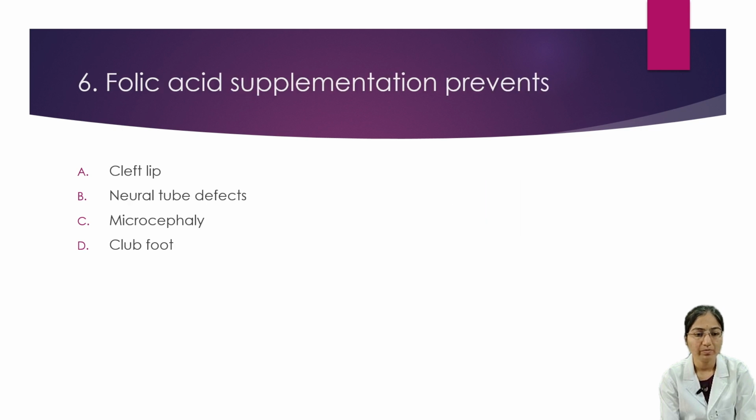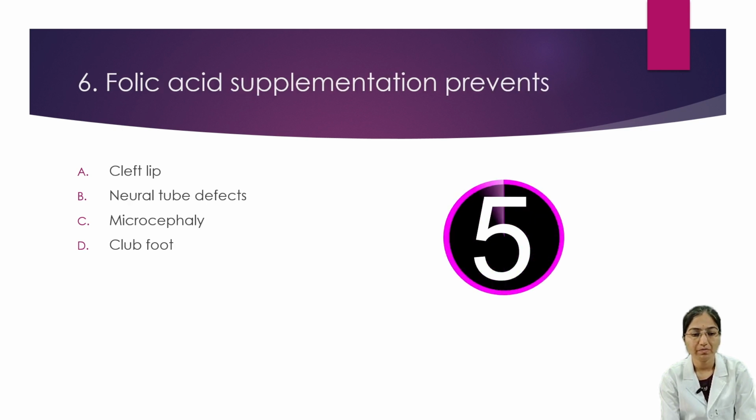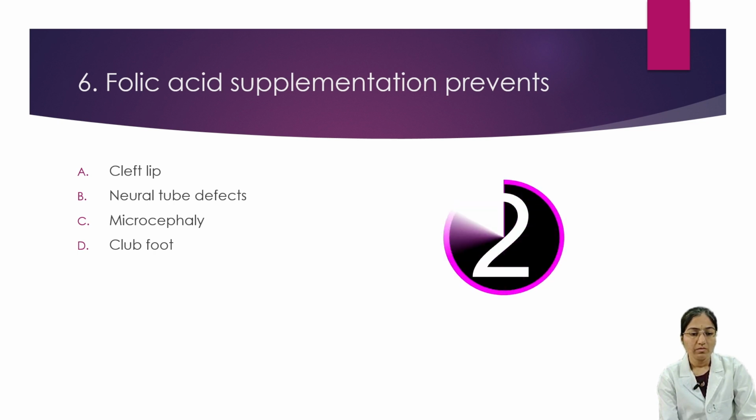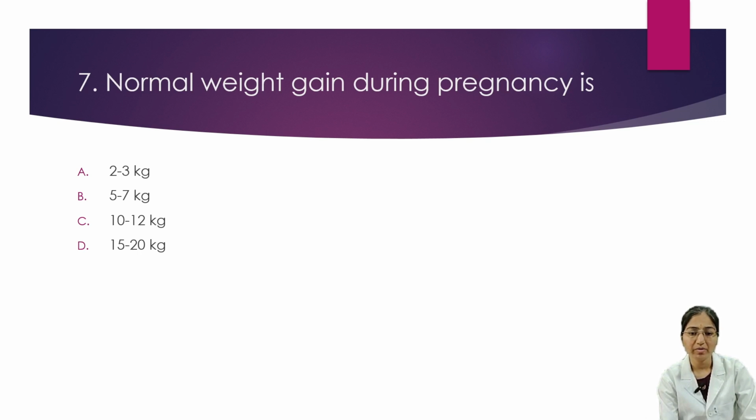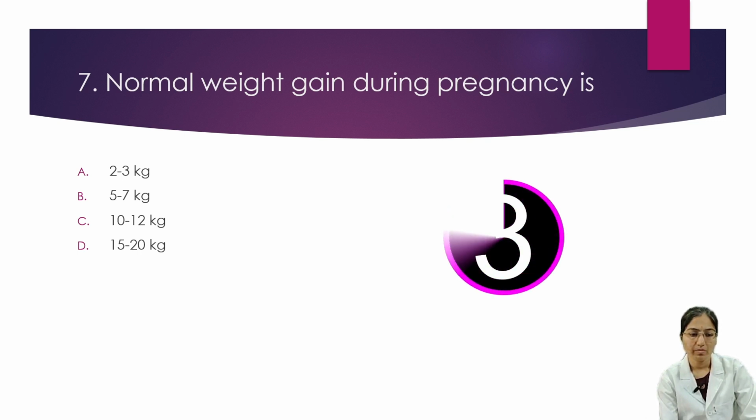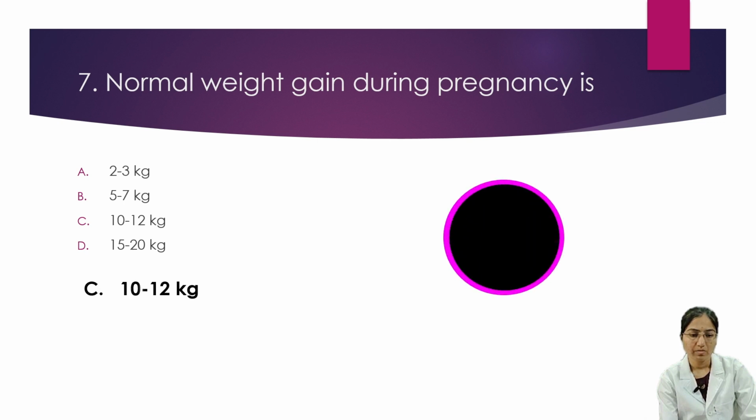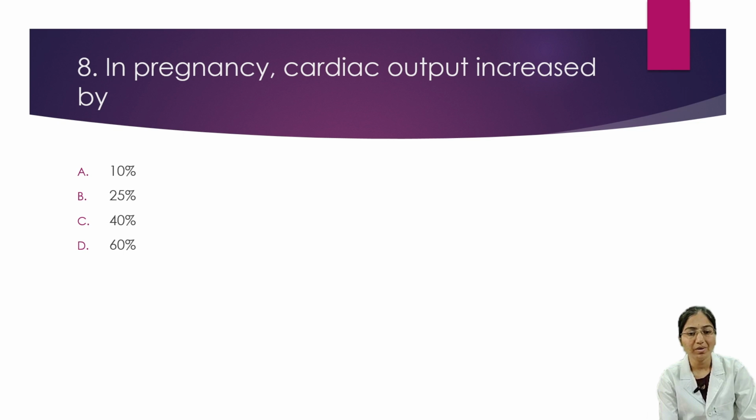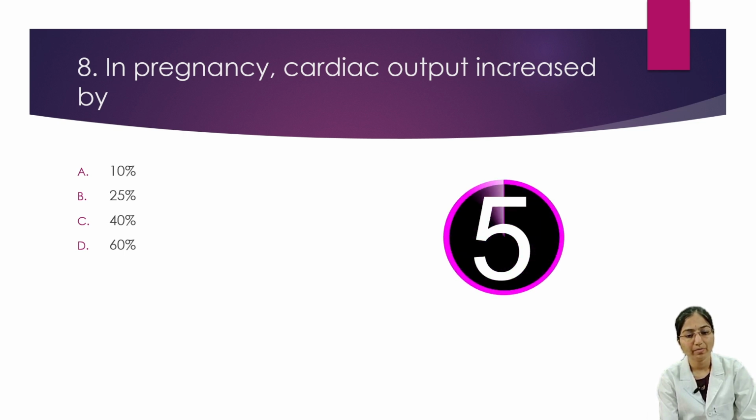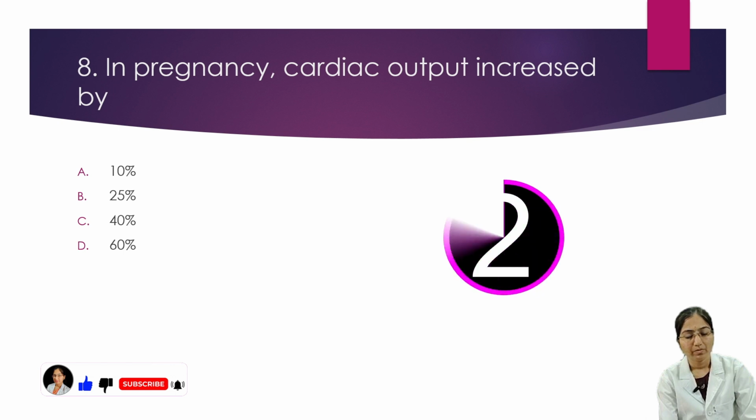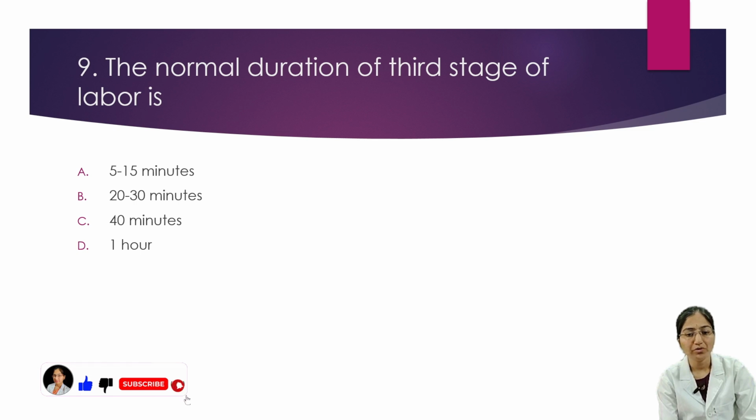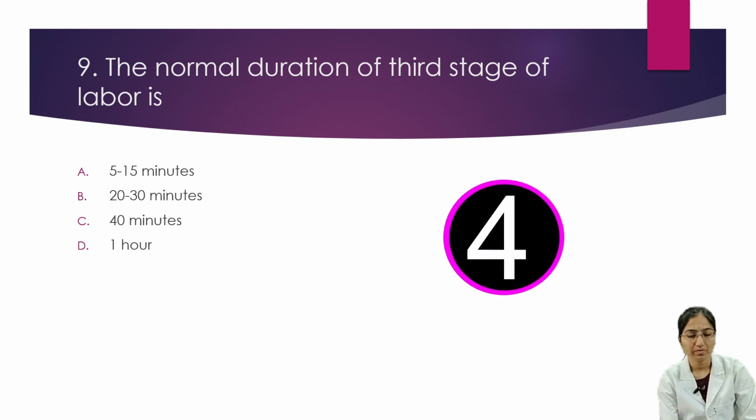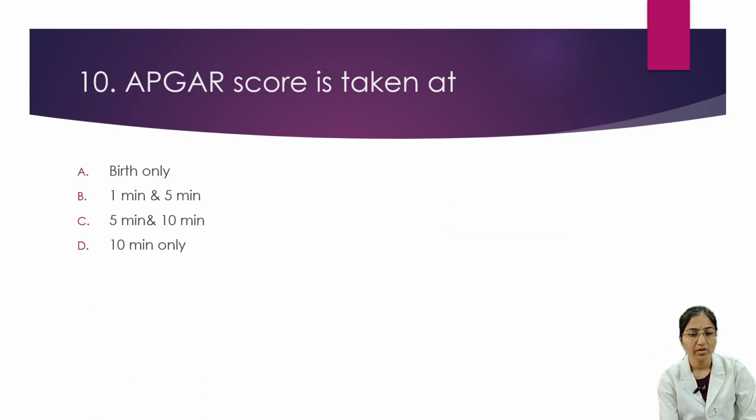monitoring labor progress. Folic acid supplementation prevents neural tube defects. Normal weight gain during pregnancy is 10 to 12 kg. In pregnancy, cardiac output increases by 40%. The normal duration of third stage of labor is 5 to 15 minutes. Apgar score is taken at